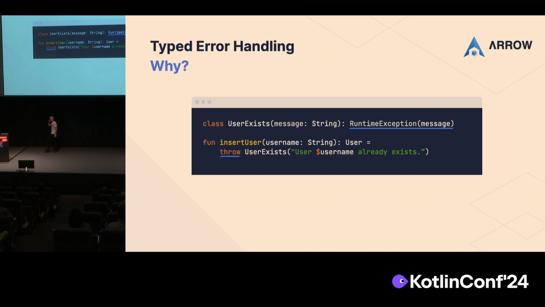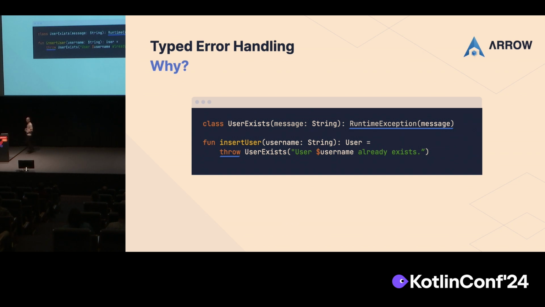So I want to start by talking about typed error handling by using exceptions, right? So typed error handling is maybe Arrow's most loved, but also its most controversial feature. So today we're going to be building a premium user registration flow. And when we have to insert our user, this can result in a unique violation with exceptions that might look